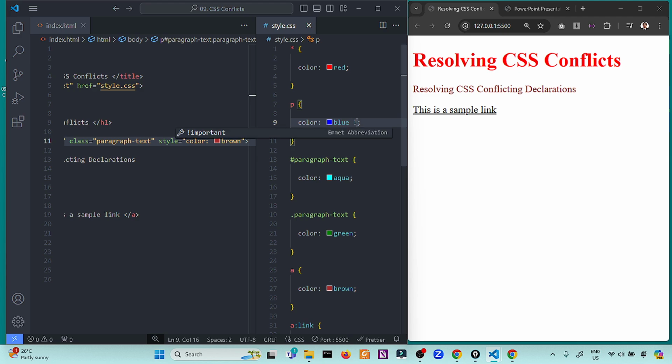All you have to do is give it an important property. But again, I'm very cautious on important. While important can resolve conflicts effectively, it should be used sparingly as it makes CSS harder to maintain and debug, potentially leading to unexpected behavior when overused.